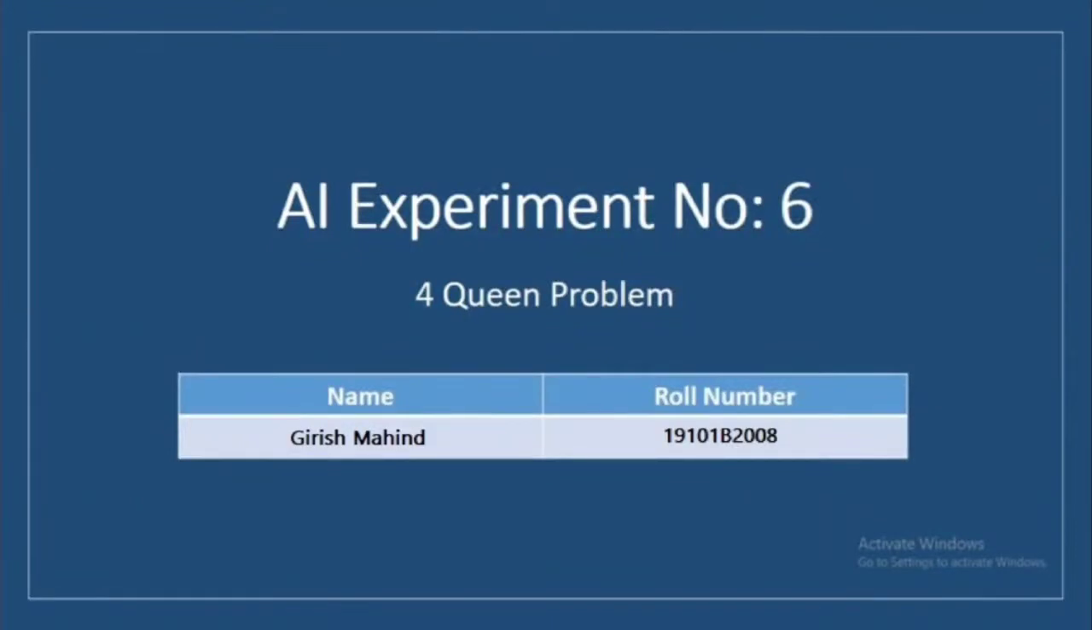This is experiment number 6, that is the 4 queen problem. In this problem we are given a 4 by 4 matrix and also 4 queens, and we need to place these 4 queens inside this matrix in such a way that no two queens are exactly horizontally, vertically or diagonally